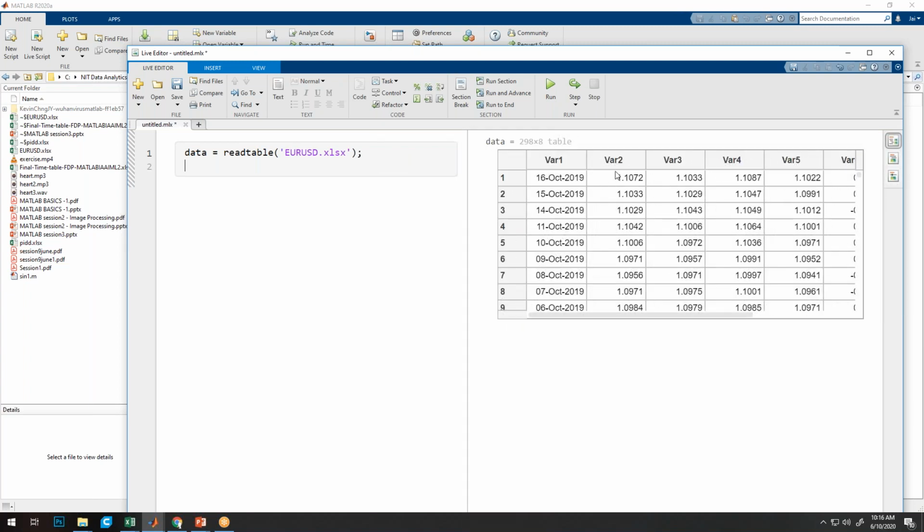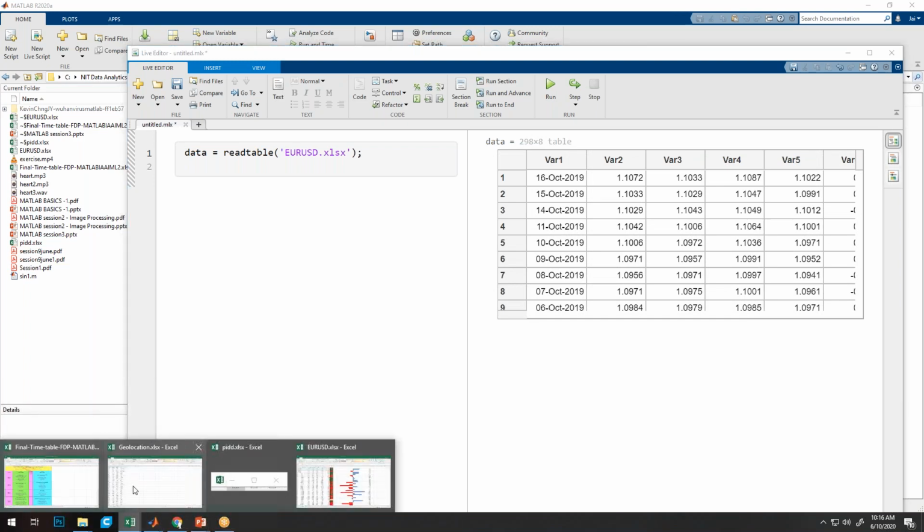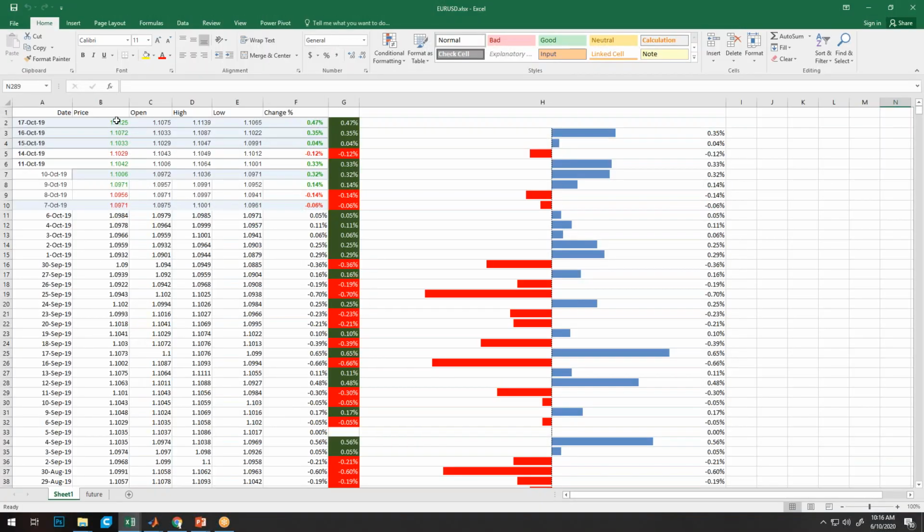Fine. So here, as we can see in the table, column B represents the closing price of that day, and column F is the percentage change. Do we have any correlation between these two columns?